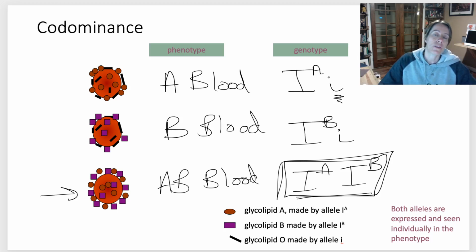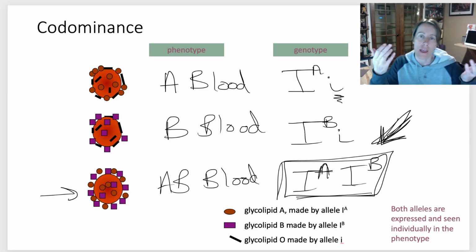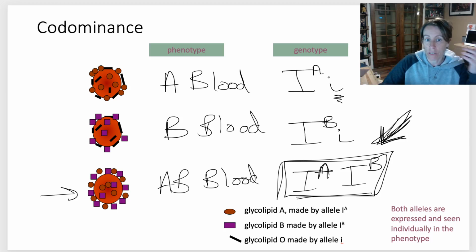All right, and so this is what we call codominance, where in this example right here, where both of the alleles are together, the dominant alleles are together, A and B, you're seeing both A and B at the same time. One doesn't appear instead of the other in the heterozygote. You see A and B at the same time. This is different to